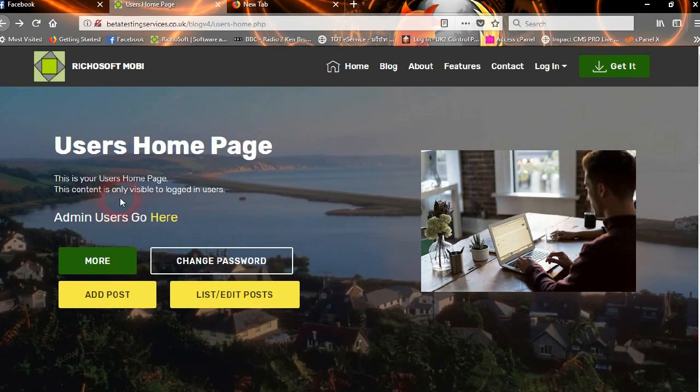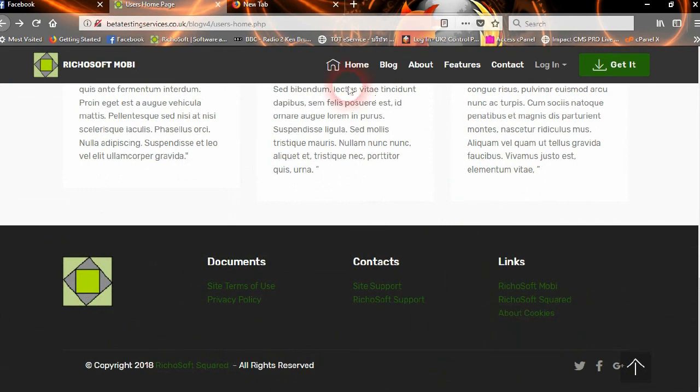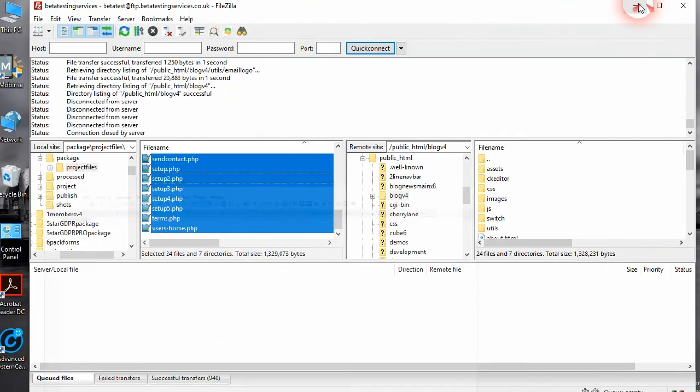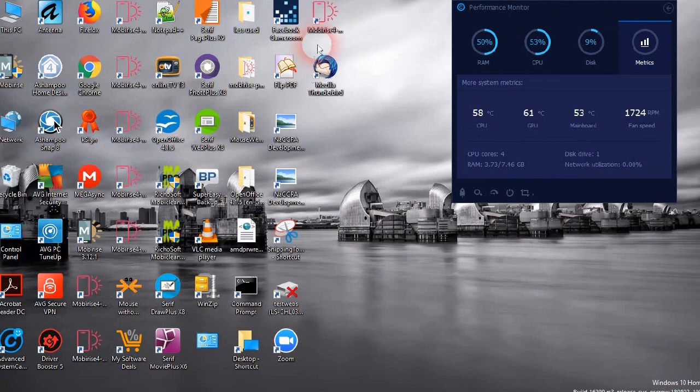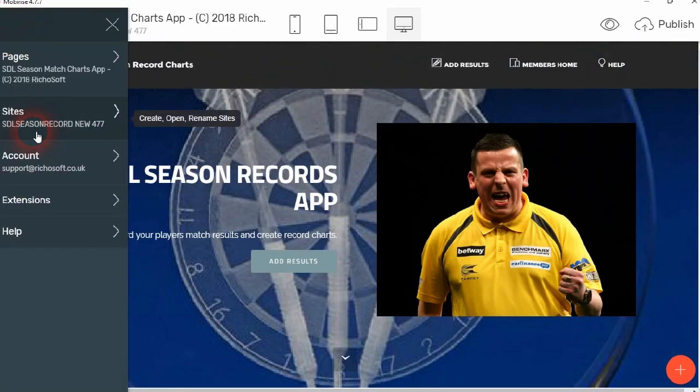Okay, so that's it. Obviously you won't want the Mobirise branding and the Get It badge there, and you'll want to change the footer and everything here and make it look like your own site. And to do that is quite simple. All you do is, let's just come out of that, you go to Mobirise, whichever version you're using, and you just click sites,